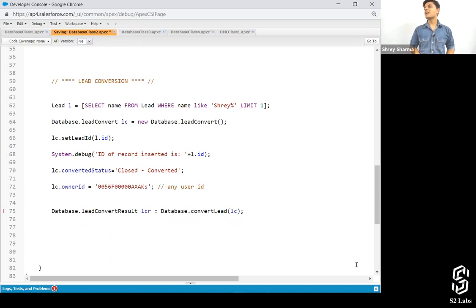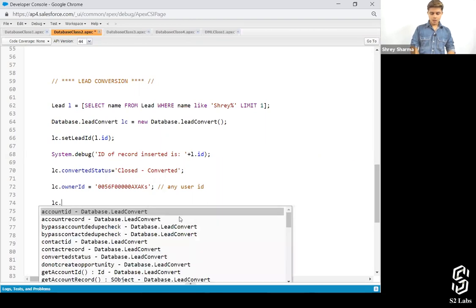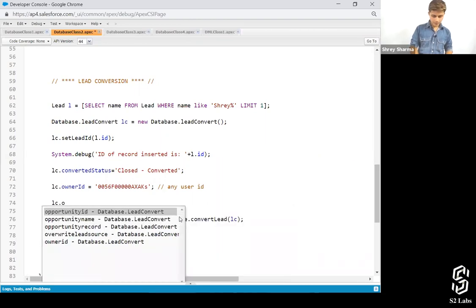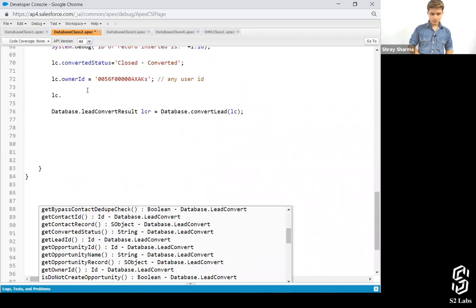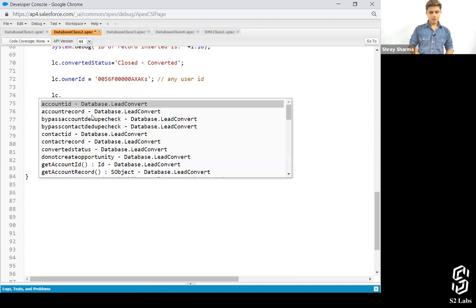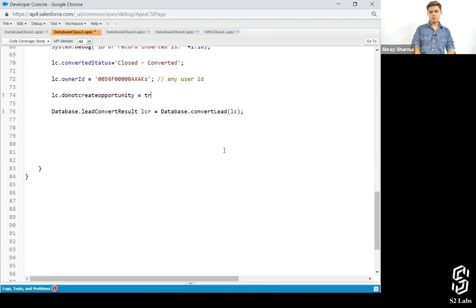Is it optional to set opportunity? For that, what you can do is lc dot, give me a second. DoNotCreateOpportunity equals true. That's all you have to do.